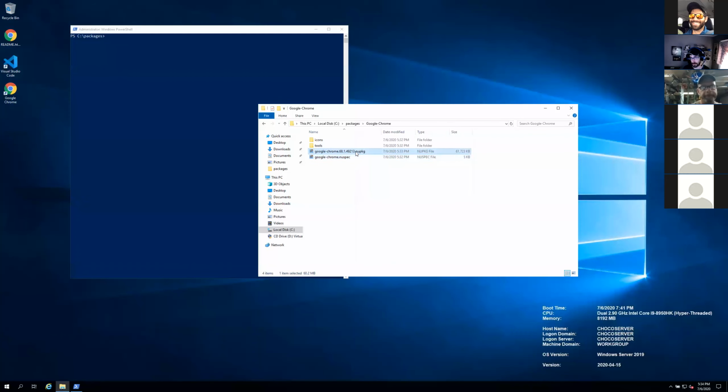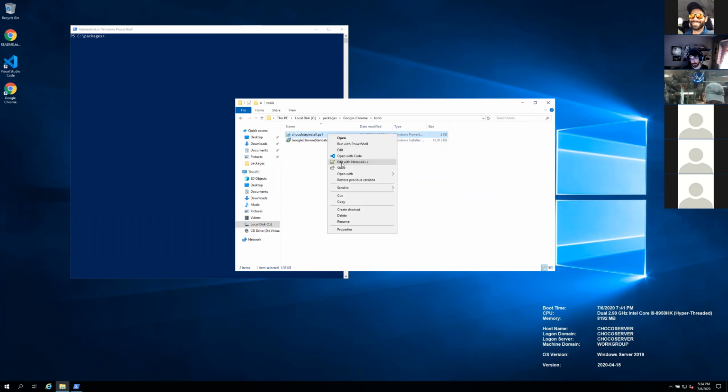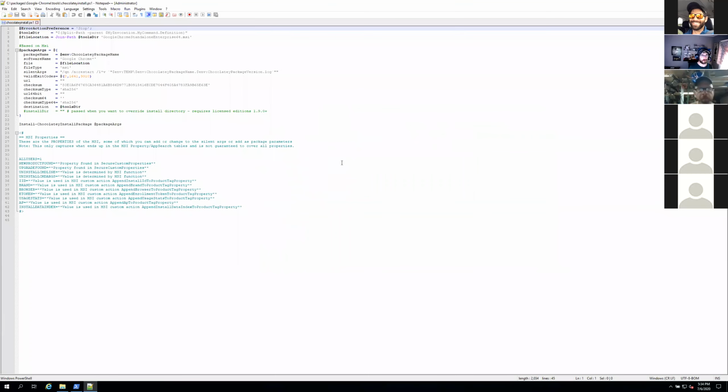So if we look here, there's that nupkg, instead of running the choco pack command, which is what would create the package against the new spec file from the command line. If we look in our tools directory, you'll notice we've got the binary sitting right beside the install script, and we've written the PowerShell code for you to install this application. So if you look at the PowerShell code in here,